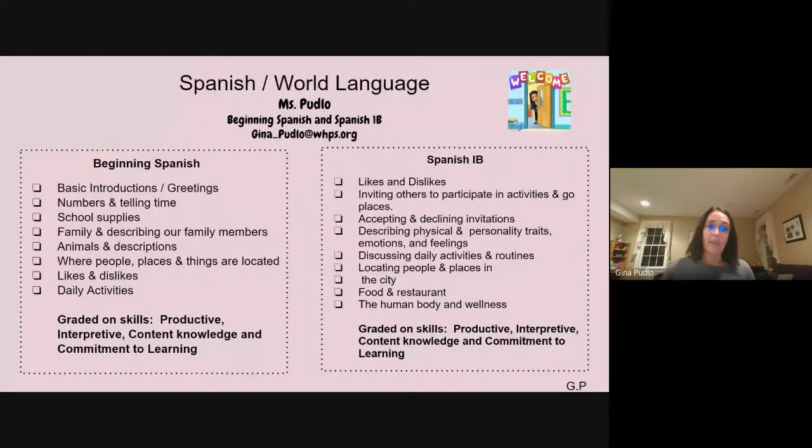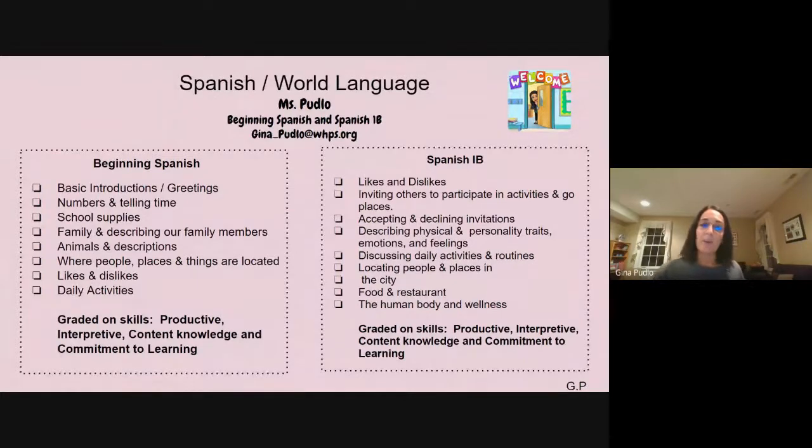Listening, well, they have to listen to me all the time, and we also have videos and authentic listening activities that they have to respond to as well. Speaking is big. I really try to emphasize speaking only Spanish in class, and they will be working on different speaking activities in small groups or paired up, or it could be just back and forth with me. Sometimes they would maybe have to record themselves as well on different websites, like we have a Flipgrid and a Vocaroo that we often use.